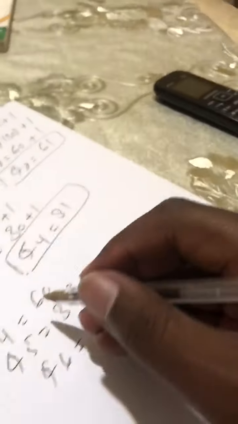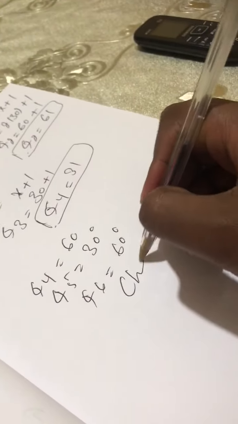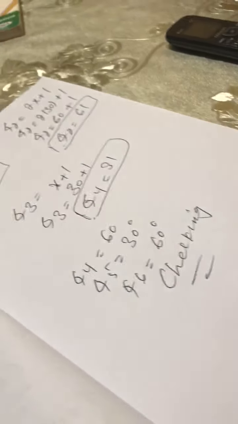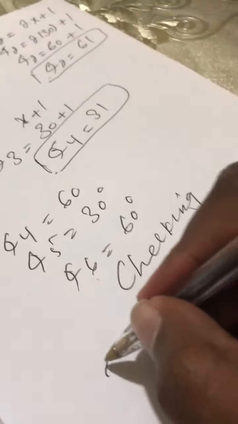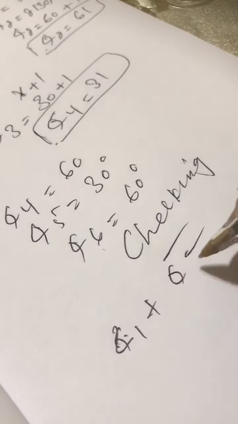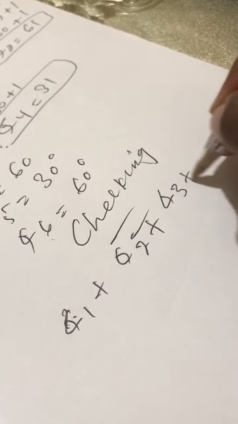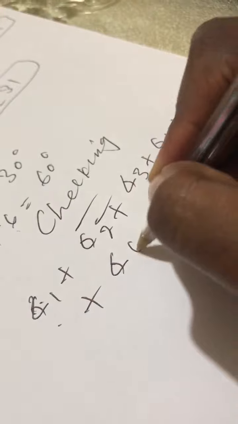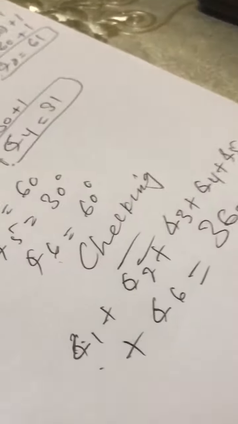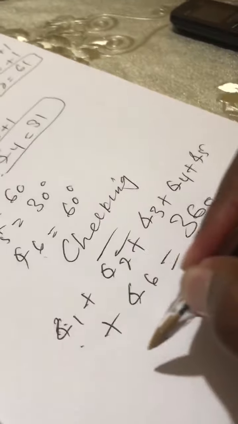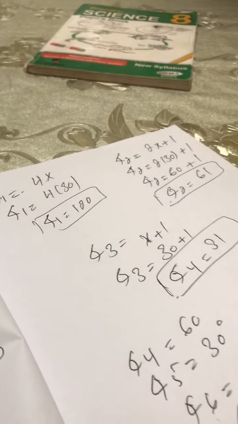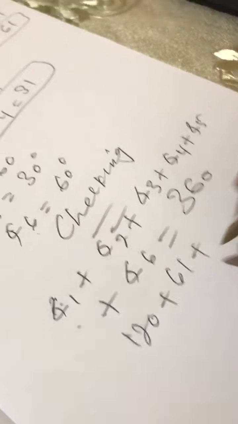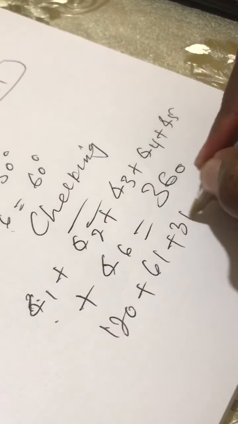So right now we're doing the checking. We need to check if my answer is correct or if it's not correct. So by adding together all the angles, it must be equal to 360 degree. So adding together, how many angles we have up to angle 6? Adding together all the angles, angle 1 plus angle 2 plus angle 3 plus angle 4 plus angle 5 plus angle 6, it must be equal to 360 degree. So the first angle we got 120 degree plus the second angle, we have 61 degree plus the third angle, we have 31 degree plus